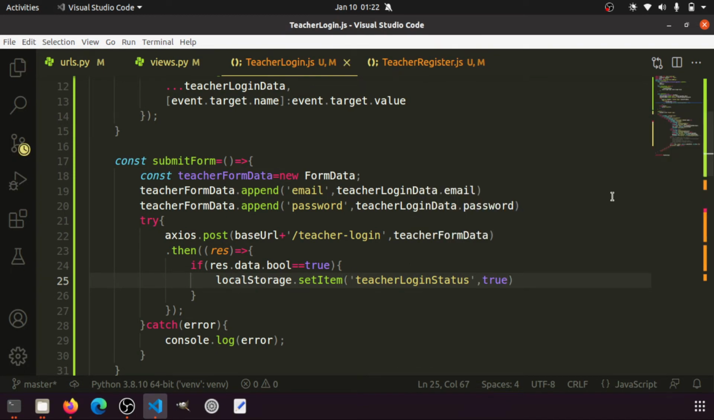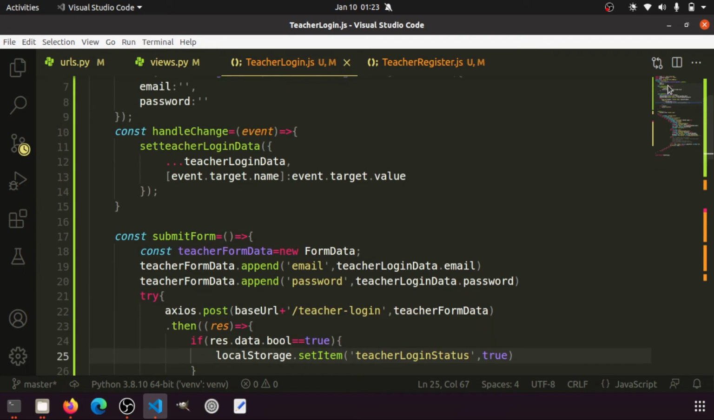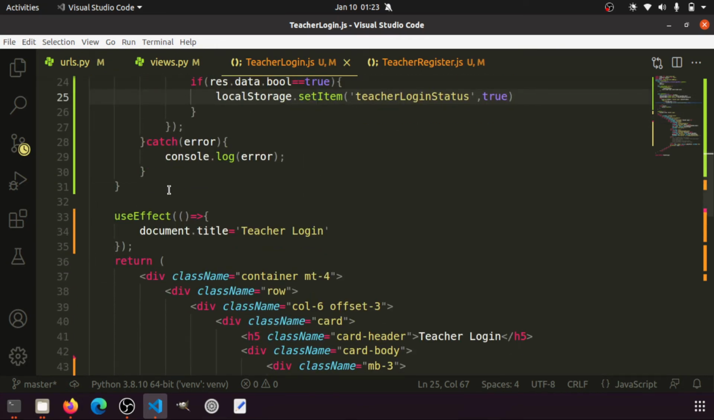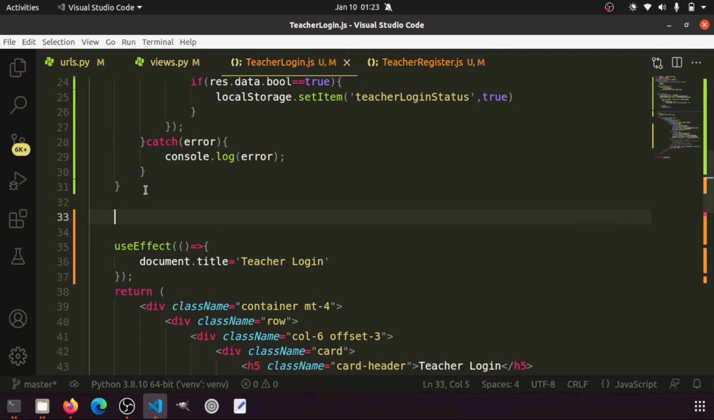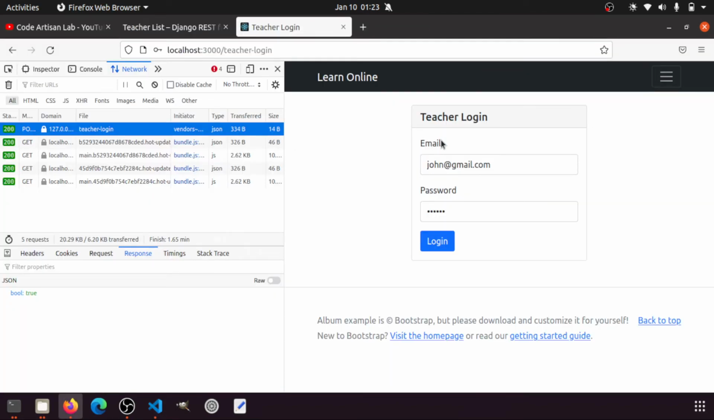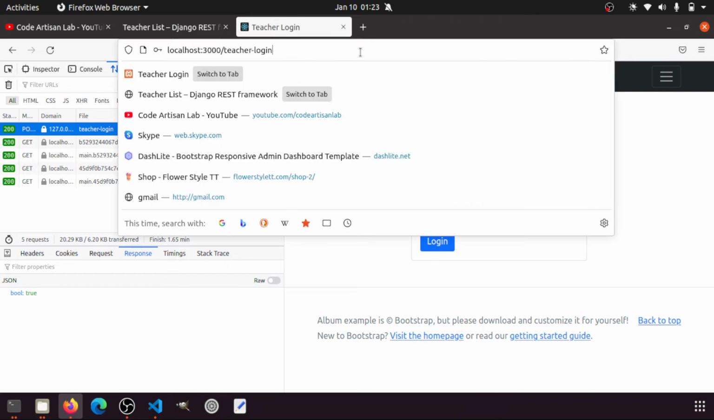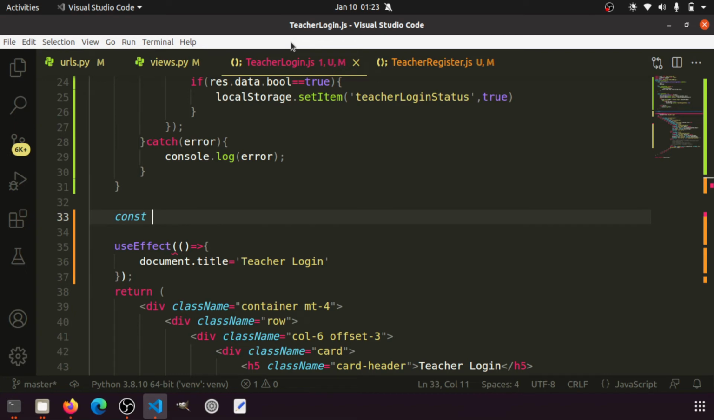Okay, and I will just use one of here function. When the login is done, I want one more thing: when someone wants to open this page, and if the teacher is logged in, then it will automatically redirect to the dashboard. Okay, so let's say